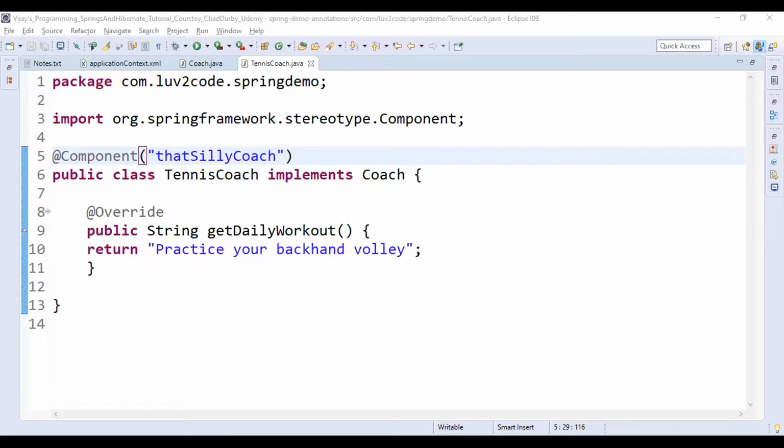Then it will be registering it with the Spring container, as this is a Spring bean.